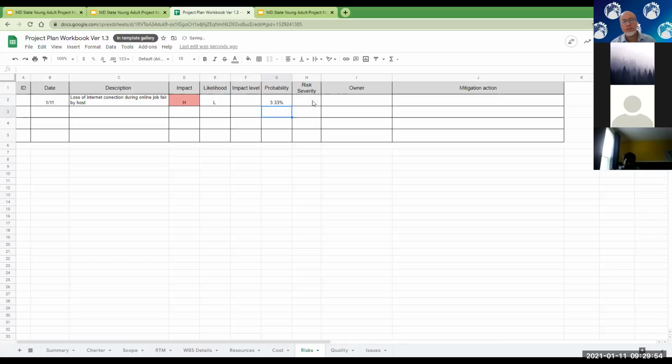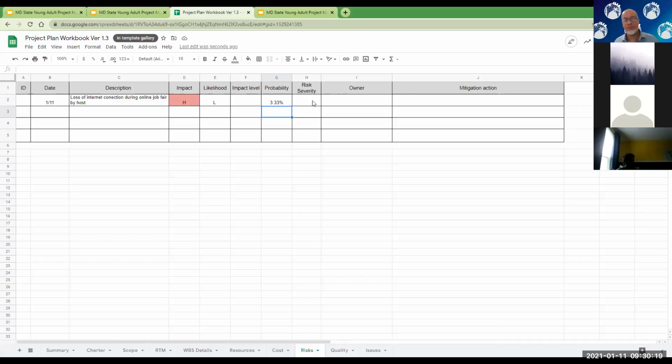If one month she loses internet, the other month she doesn't, the next one she loses once, so it's once every 2 months. So it's going to be half this number, right? So you just figure out the number of occurrences of the risk event, divided by a duration of time, so you can calculate a probability. And that becomes the chances of this thing happening, right?